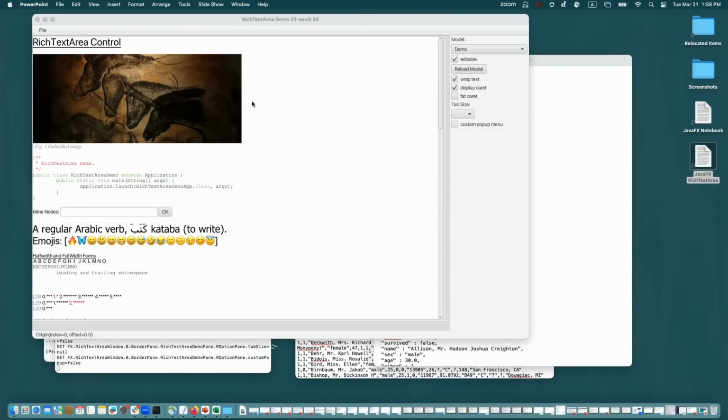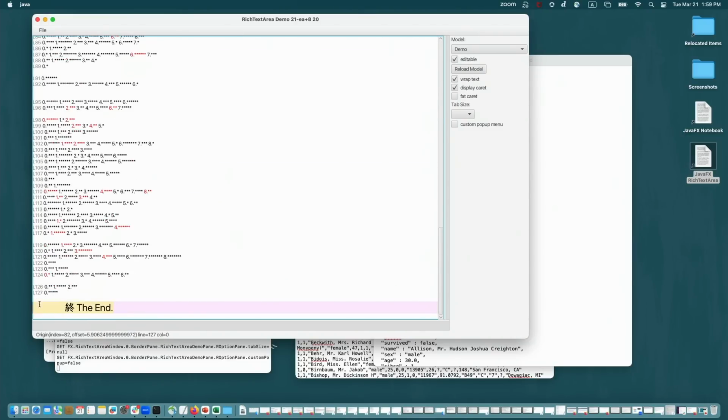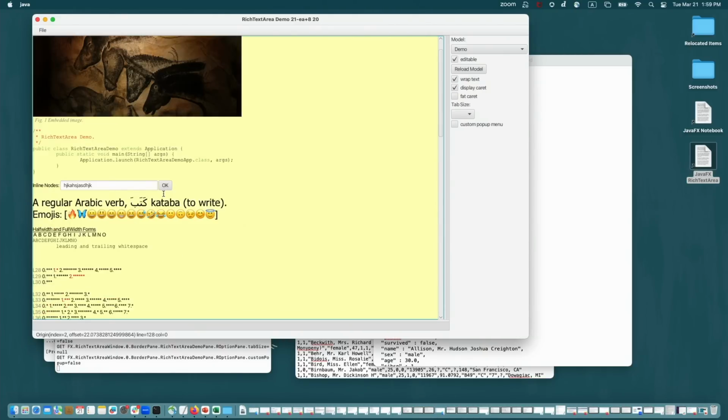So what we have here is a mix of stylized text. So you can see at the beginning, that's a stylized text that is underlined and somewhat larger. We have an embedded image with a caption that's italicized and smaller. And then we have some syntax highlighted code right here. And you can already see that selection and highlighting works. Navigation is working. And then this is an embedded FX control. We have emoji support and support for different languages, different writing styles, and then just a number of things there. So you could do selection,